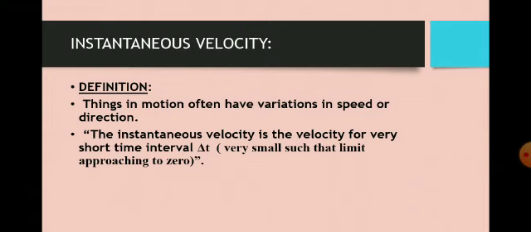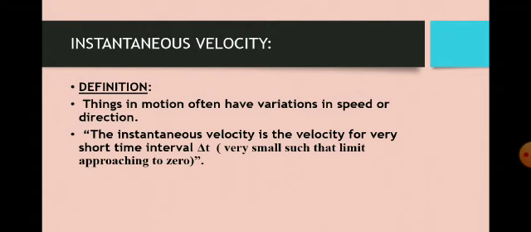Now the second term is instantaneous velocity. Instantaneous arises from the word instant, that is, a specific time. For example, when a body runs or moves fast, and at a sudden time its speed slows down, then at each and every point, at any moment, at any instant, when we discuss the velocity, this is known as the instantaneous velocity.